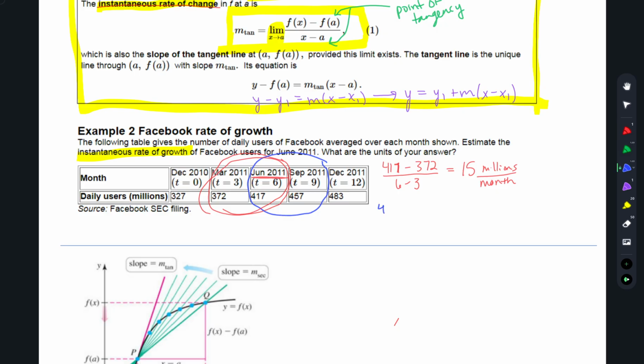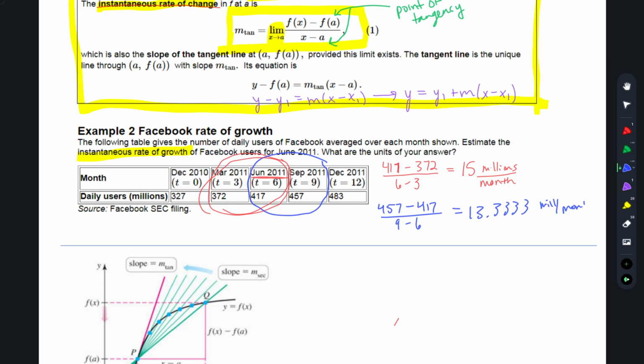So you're going to go 457 minus 417 over 9 minus 3, and then you math it. 9 minus 6, yep, thank you, saving the day. And I got a gross number. Oh, wait, what am I doing? That's the answer. 13.3333